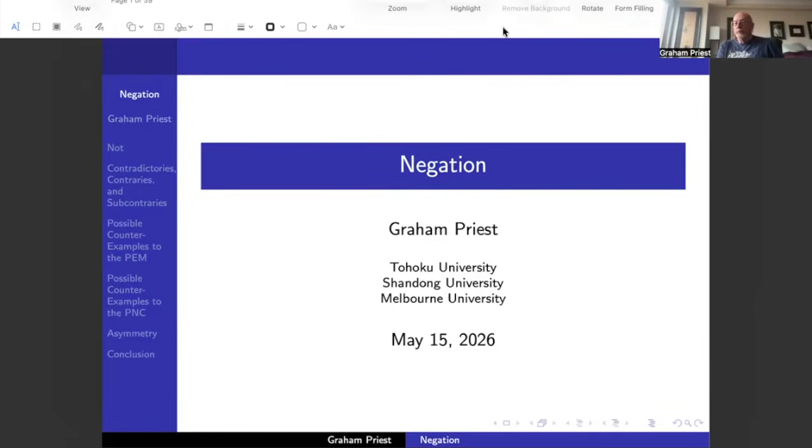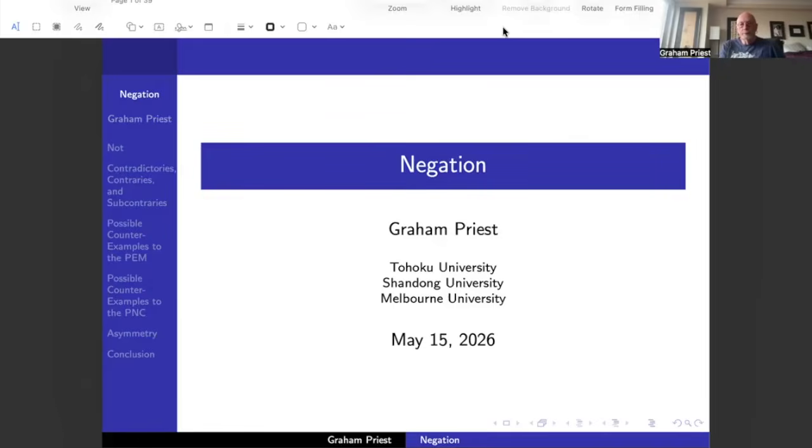Now, when logicians discuss this question, they invariably will discuss some logical words, sometimes logical constants, so they're called, such as quantifiers, conditionals, modal operators, and negation. And how they all behave is historically contentious. We're not going to talk about all that today. I just want to talk a little bit about one of these, which is negation. I'm going to tell you a very standard view of negation and then why you might find it problematic.